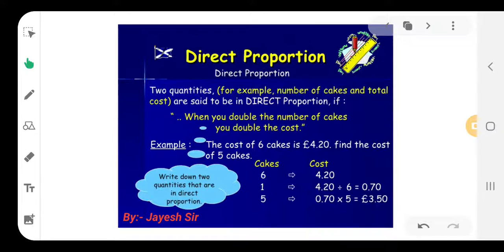Now the example based on it is over. I hope you all might be clear with that. Now I am giving you a small example or homework, you could say. You have to write 2 quantities that are in direct proportion, that are directly related in our day-to-day life. You see those examples and you have to do this so that you can get the concept clear and get a better idea. I hope you all have enjoyed the video.